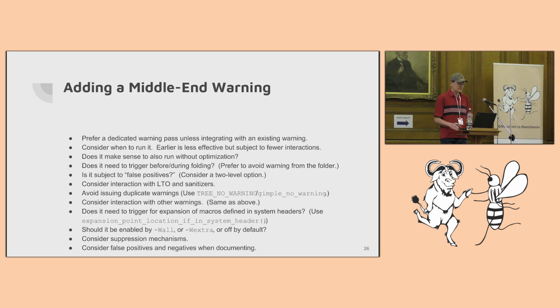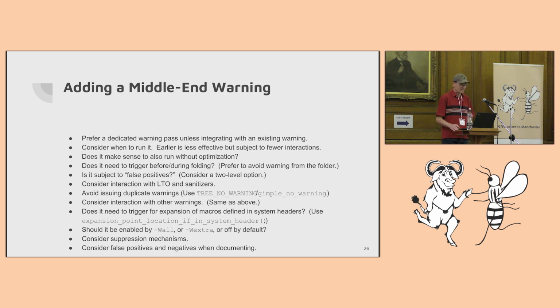Another question to ask yourself is whether it makes sense to run the warning pass without optimization. Is there anything useful that the warning could provide to users at O0? And there certainly are warnings where it does make sense. The sprintf types of warnings, the -Wformat-overflow, do run without optimization as well as with. So you might be able to do a limited amount of work and provide a limited quality of implementation with O0, of course without the benefit of the nice passes like VRP and so on.